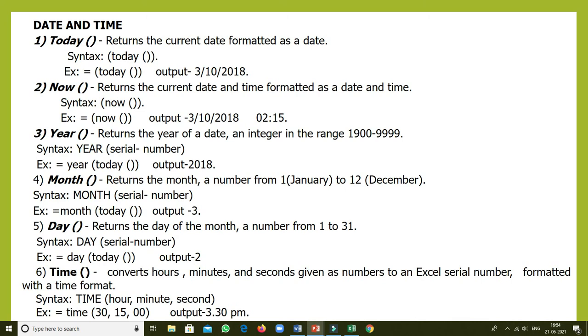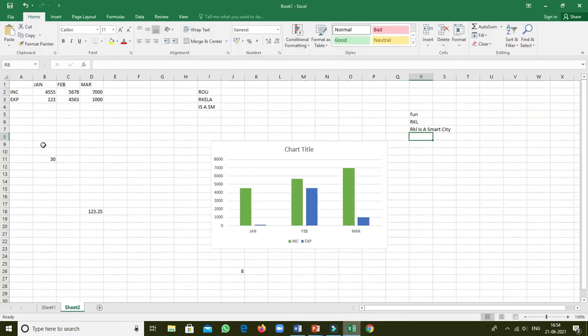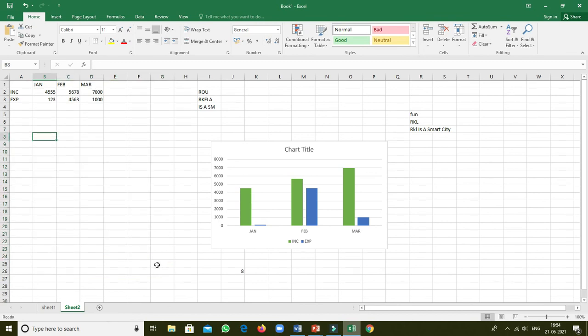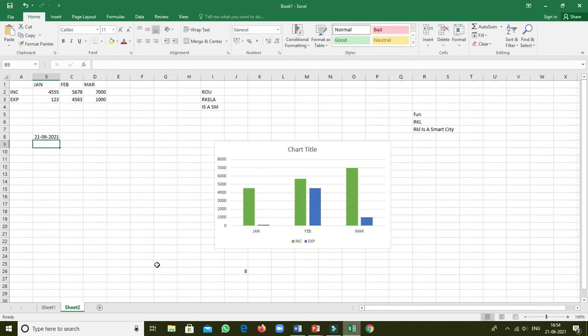Then these are the date and time functions. So TODAY function is there, NOW function is there. Now see, I have to execute one by one. So if I want to know today's date, you have to write TODAY, bracket start, bracket close, then enter. Yes, today's date will be displayed. Equal to NOW, bracket start, bracket close, enter.